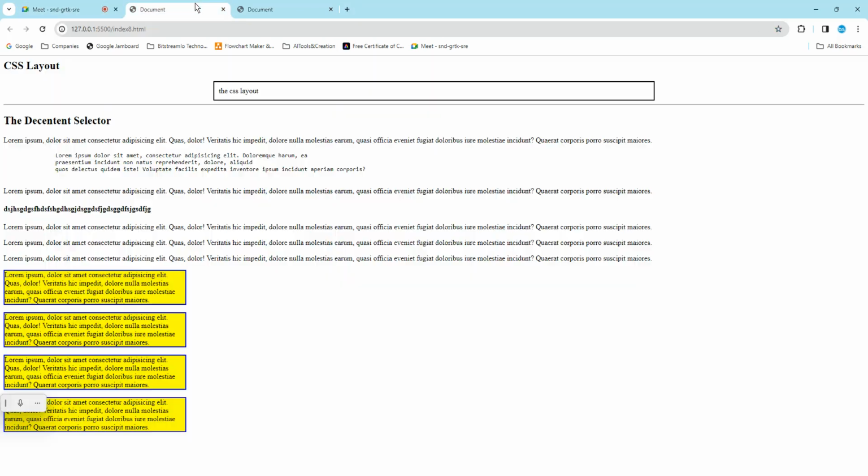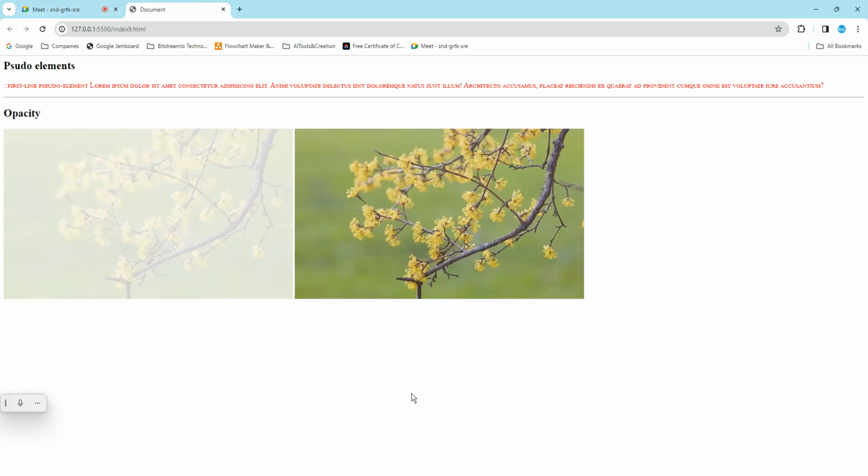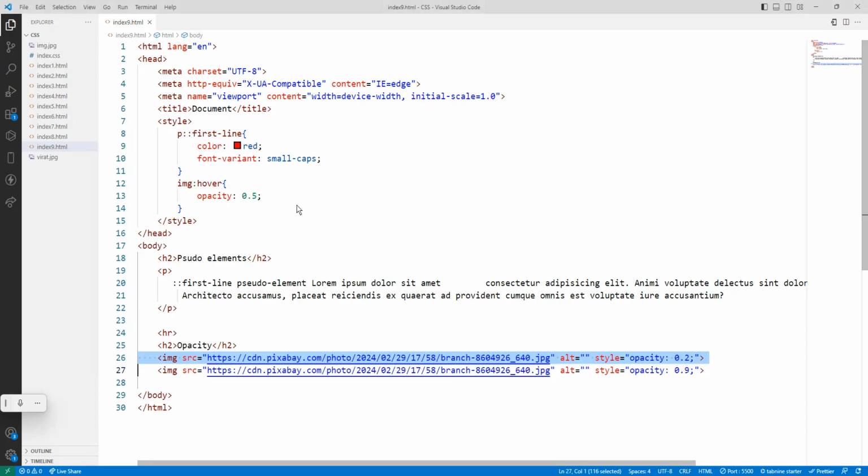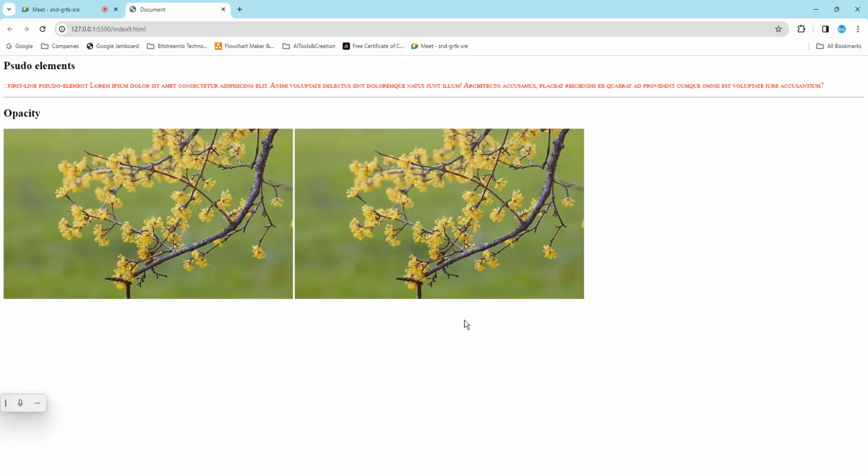Yes, exactly. Hover means mouse hovering. See here what happens? Okay, so reload it. It is not happening. Why? The IMG tag. Okay, I will just remove it here. Deleted. Control S. See,